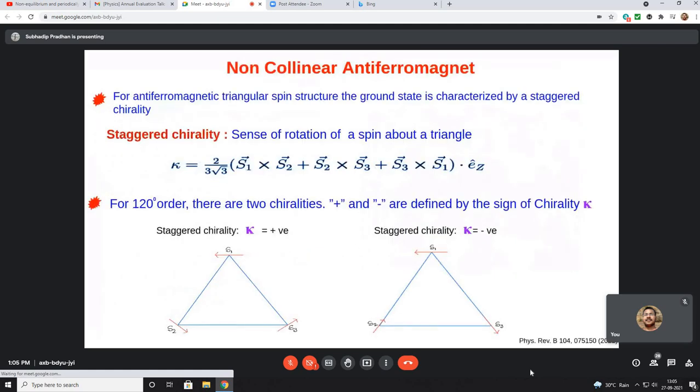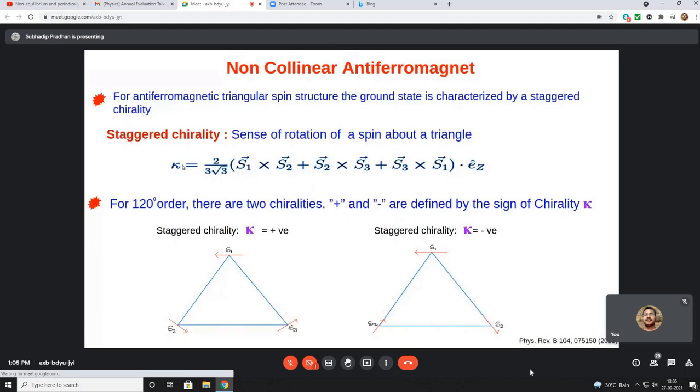Now I will talk about non-collinear antiferromagnets. For an antiferromagnet with a triangular spin structure like this, the ground state is characterized by a staggered chirality. This staggered chirality is the sense of rotation of the spins about a triangle, which can be defined by this formula: kappa equals 2/3 (S1 cross S2 plus S2 cross S3 plus S3 cross S1) dot e_z cap. Now for 120 degree order, there are only two chiralities, plus and minus, which come from the sign of